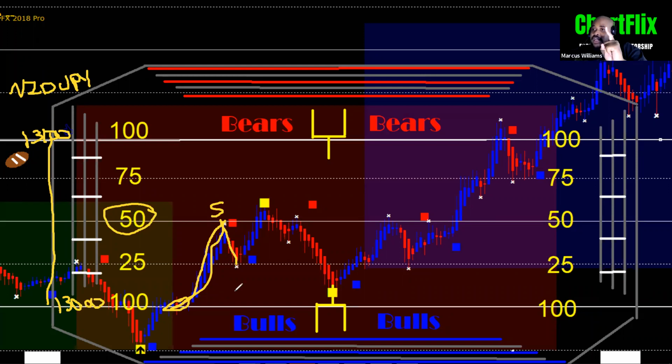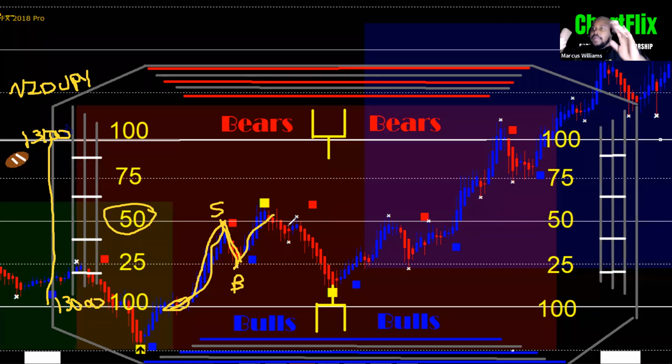The next trade that you could take is once it pulls back 25 pips, if we're in an uptrend, you know that this is a pullback, and you could place a buy trade right here, or you could go long right here, right? So you go long right here for 25 pips.